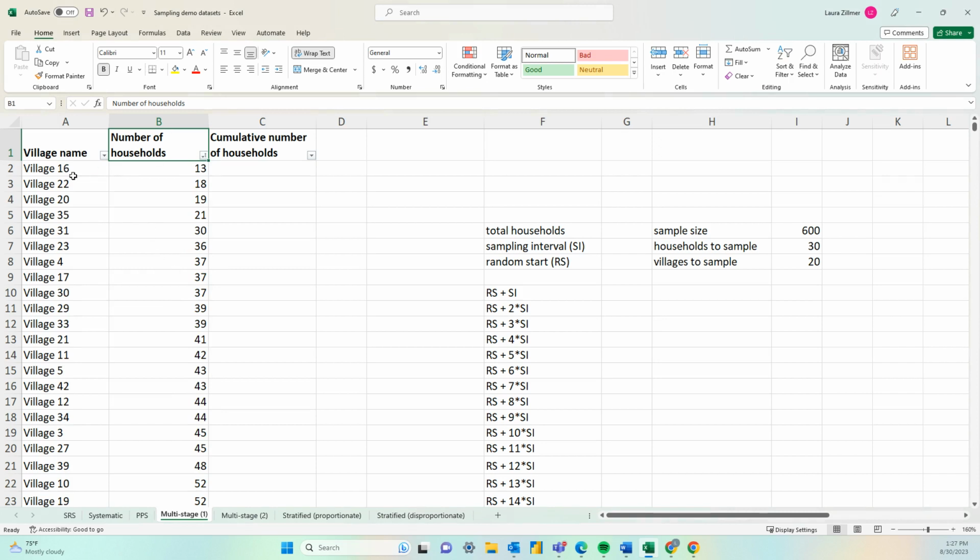We see now that villages 16, 20, 22, and 35 have fewer than 30 households, and the sum of households in these villages is 71.